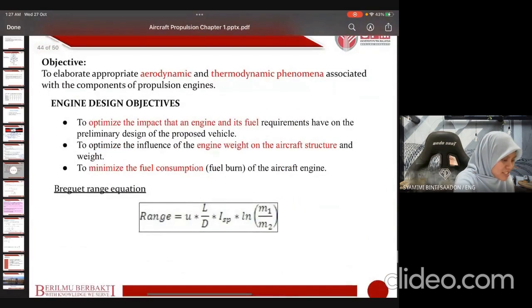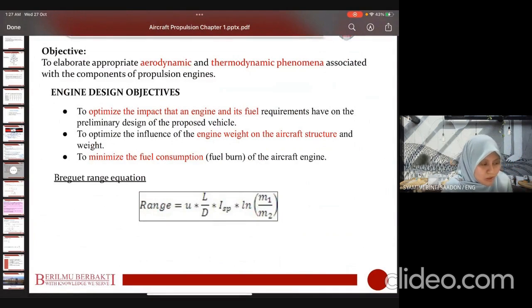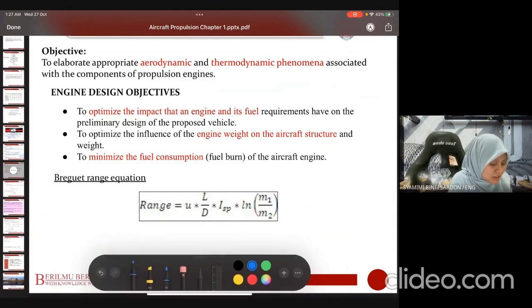And then engine design objective. Okay, so these are what we call the engine design objective. In order to design an engine, we need to take into consideration these parameters, especially this one, the specific thrust here. Okay, this is where the aircraft propulsion